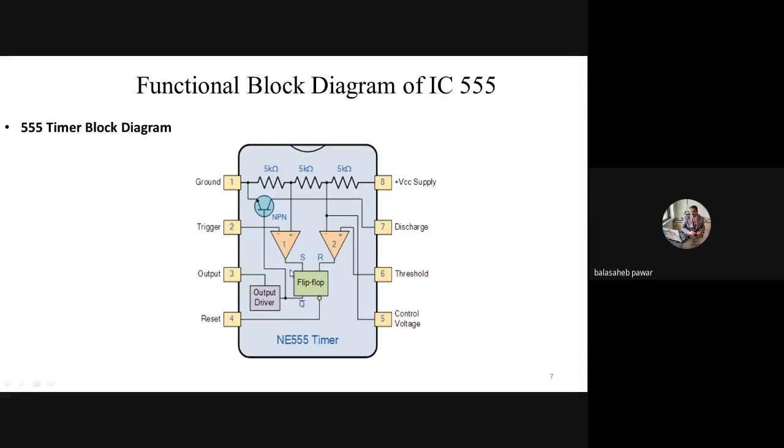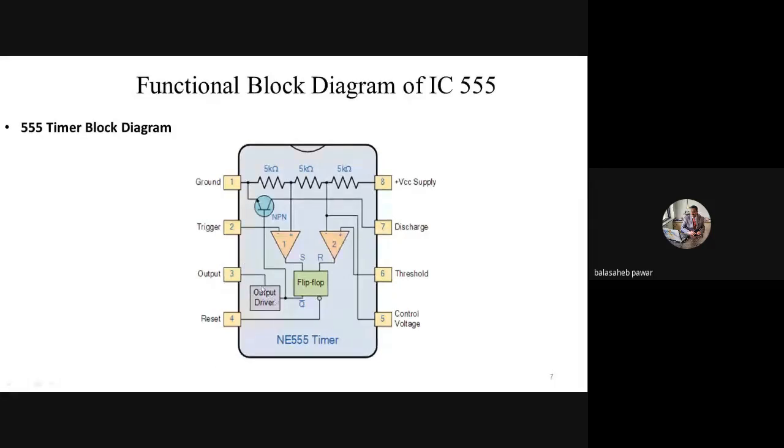this flip-flop, you might have studied in detail this SR flip-flop in digital electronics during your second year. Again, what is a flip-flop? It is nothing but a device which is built by using various electronic components like transistors and all that. Correct? Similarly, the output driver stage.